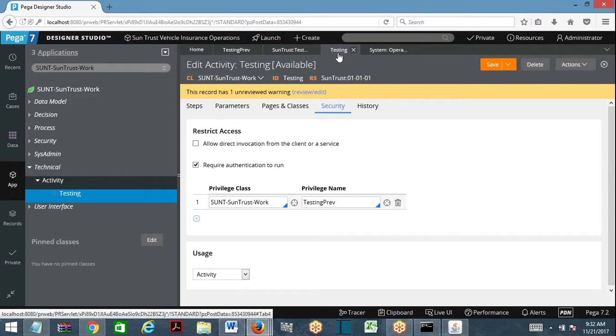You cannot implement it using role to object, because role to object associated with role will be associated with access group. Is access group for one entire application or only for one operator, one rule? It's for the entire application and the rules of that application. So when you add role to object in a role name and add it to access group, that impacts the execution of activities, as I have shown you. While logging in itself, everything is gone. That is, every operator with that access group will be affected. All the activities cannot be executed.